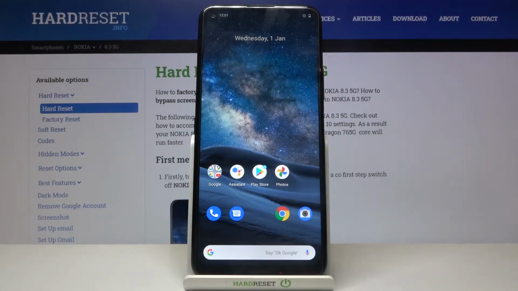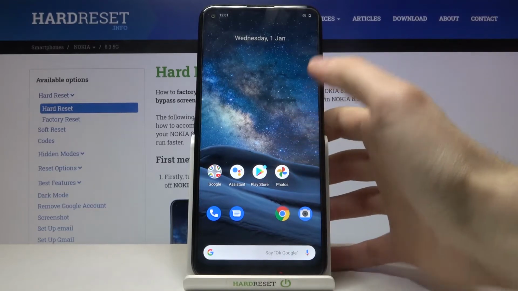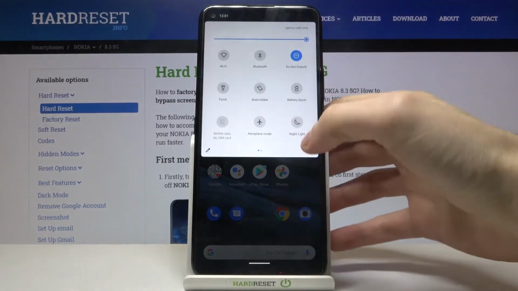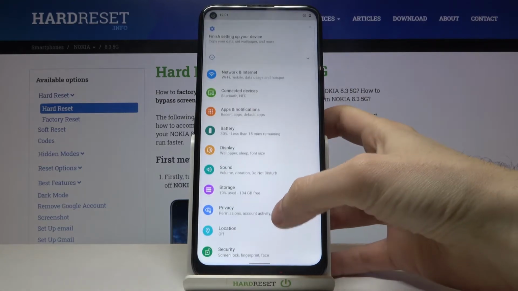Here I have Nokia 8.3 5G, and today I'm going to show you how to perform a factory reset operation on this device. So first of all, you have to go to the settings on this device, then scroll down to